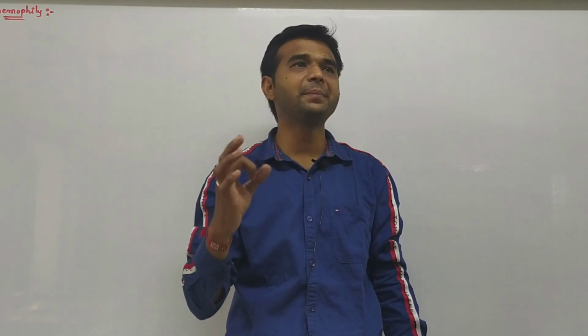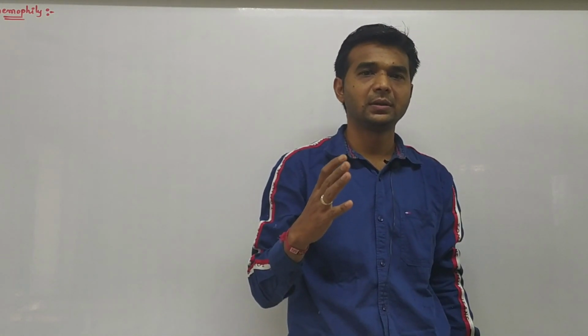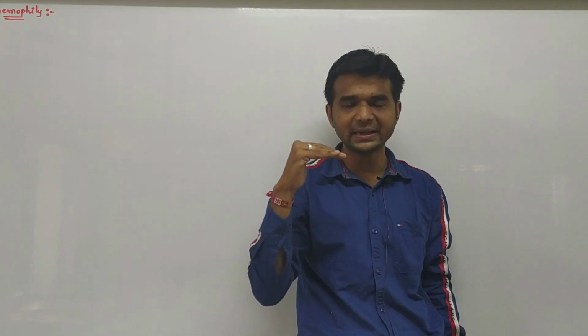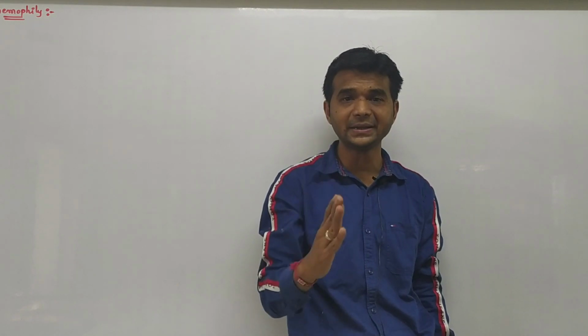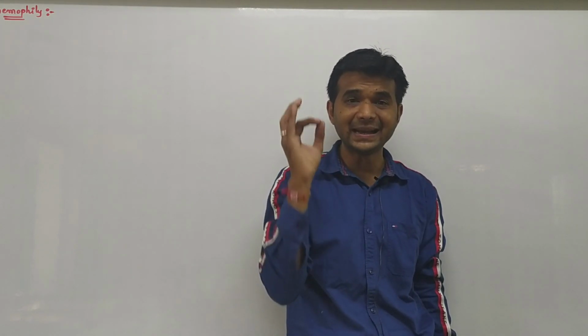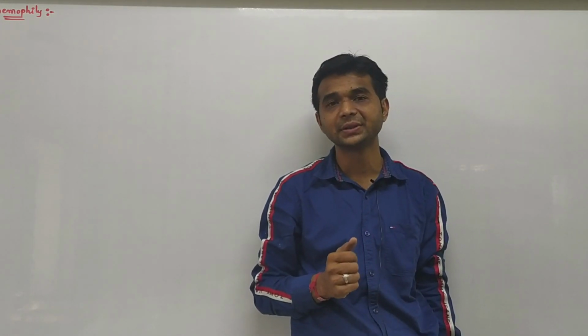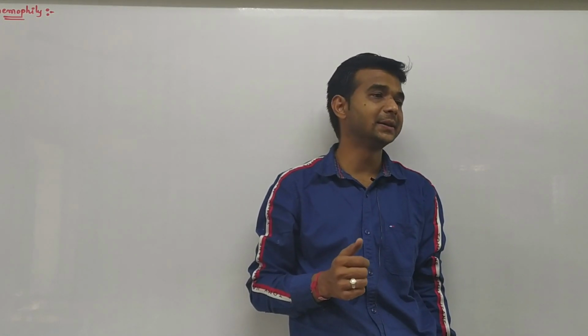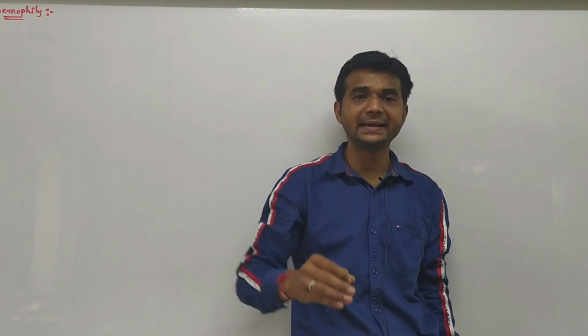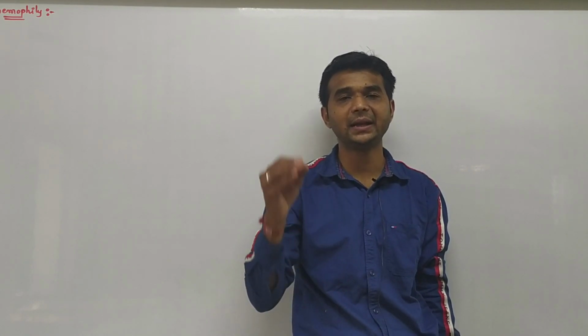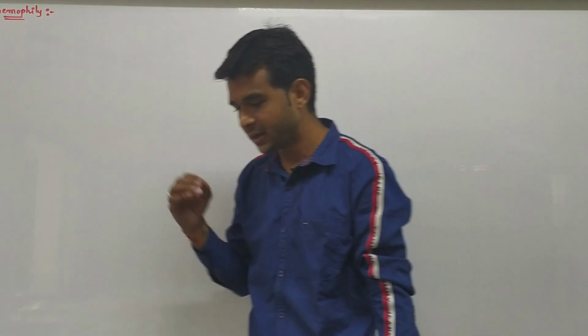So you have to remember these 3 points. Male flowers are at the top, female flowers are at the bottom in many of the plants. Very large number of pollen grains are formed in these types of plants. And here the pollen grain is dry, non-sticky and light in weight. Okay, so remember these 3 points. Now let us discuss the examples.